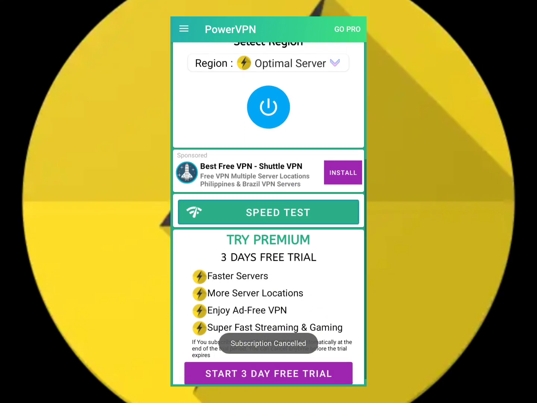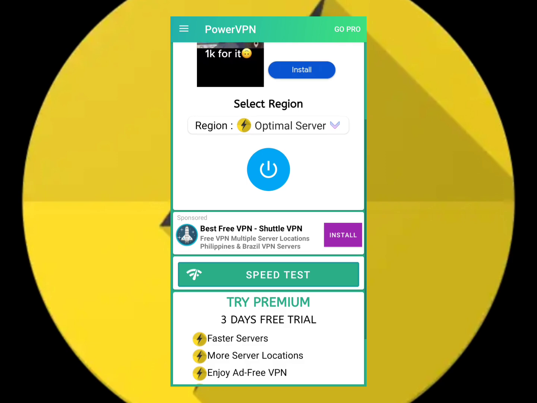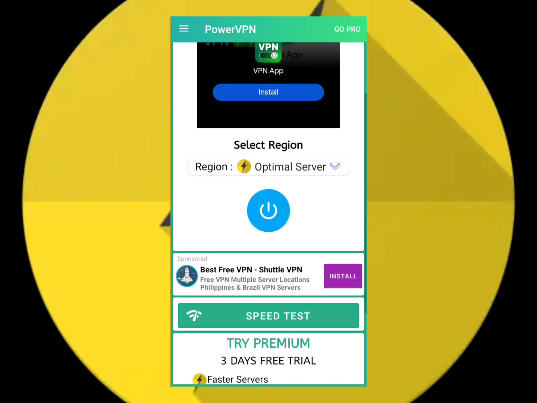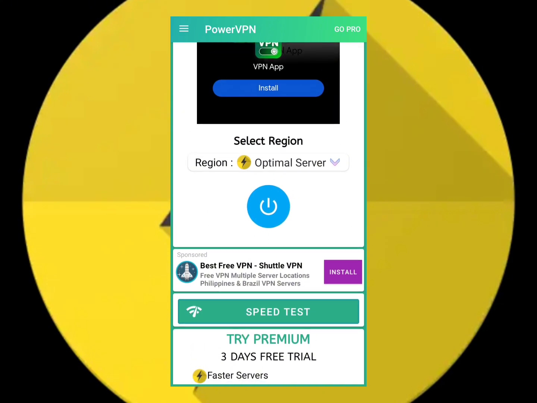So down here, as you can see, it shows you that you'll be getting a 3 days free trial. So you'll be testing out your fastest server. Also, you'll be experiencing no ads. So it's a very simple VPN to use. And once you have selected a server, I've recommended to not select a server. But if you want a specific